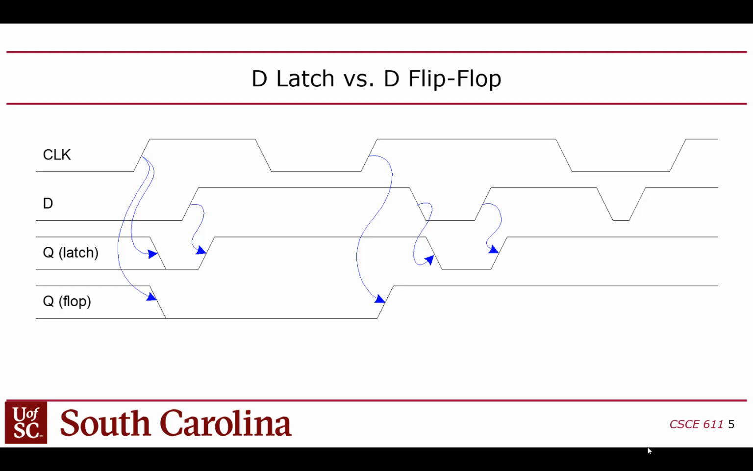Basically what happens then is, in a latch, whenever the clock is high, whatever's on D will just propagate to Q as long as the clock is high. So Q is always equal to D whenever the clock is high, but when the clock goes low, it'll capture whatever was in Q and hold it, right? So if you look at its waveform,